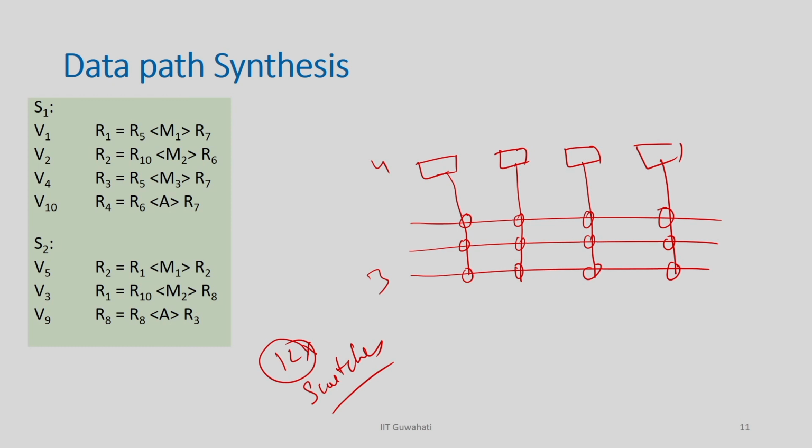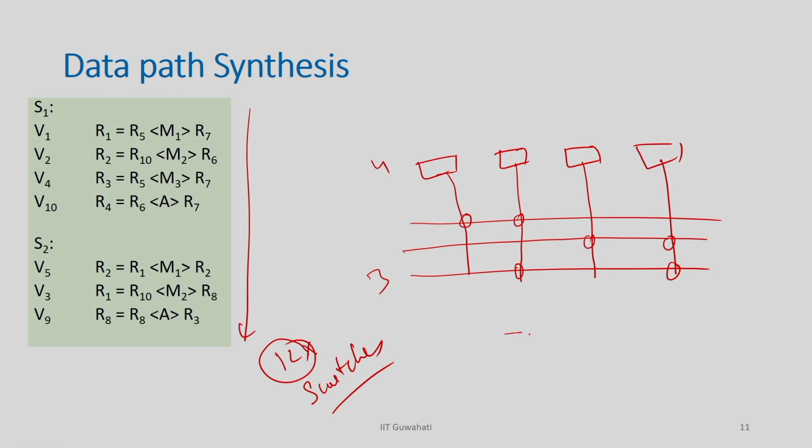So, probably by analyzing this behavior, I understand that I do not need this switch, or this switch, or this switch. Probably I do not need this switch, and then say this switch, and so on. So, this is the final connection set.